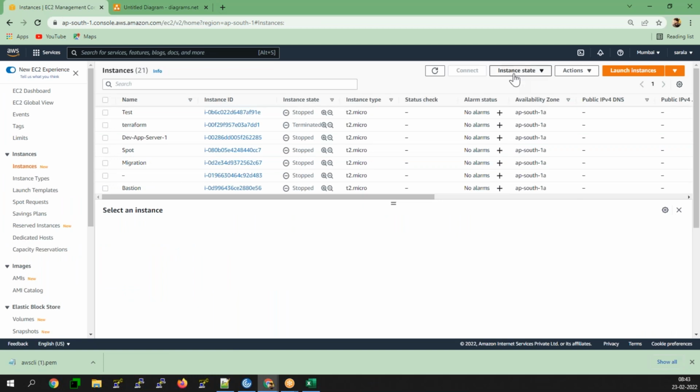Now, before the instance starts, let's convert the .pem to .ppk.